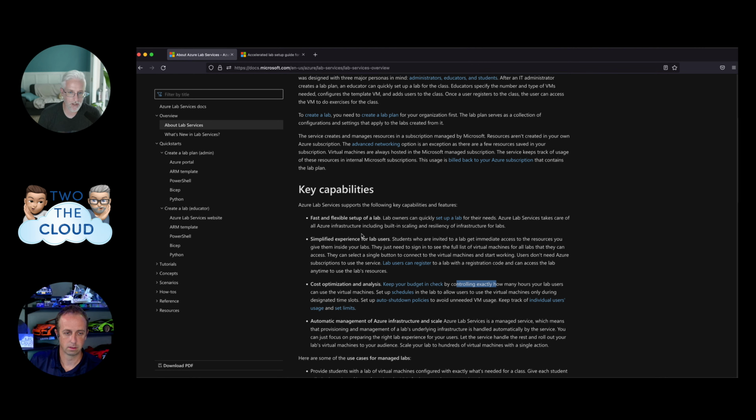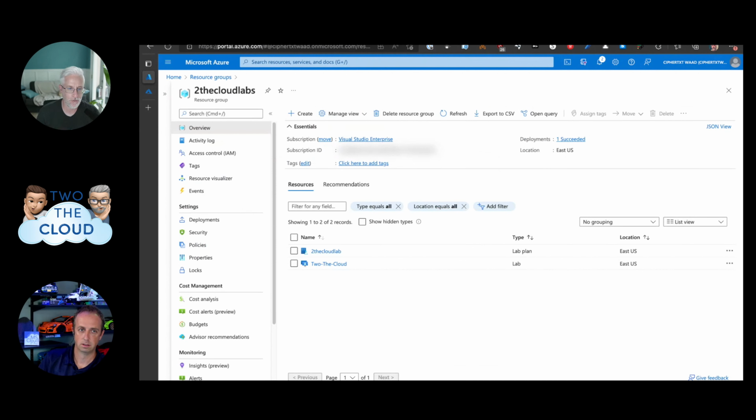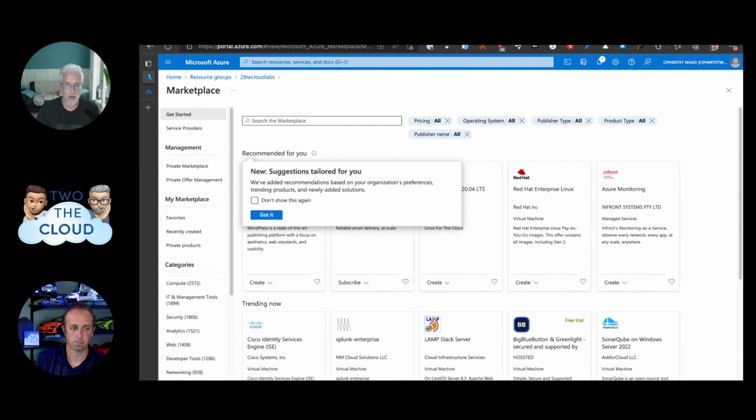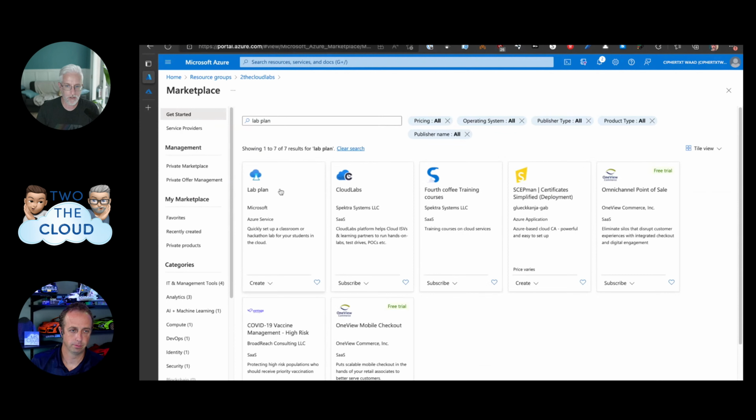So why don't we go ahead and spin one up real quick? All right. Yeah, we'll walk through the flow and what needs to be in place. So we're over on yours now, and we see the Azure portal and the cloud labs. Yeah, perfect. I've already got one of these pre-created, and we'll work with that one in a second. I just did that for timing purposes. But let's go ahead and create something new. If we go into the marketplace, you can just search for lab plan within here.